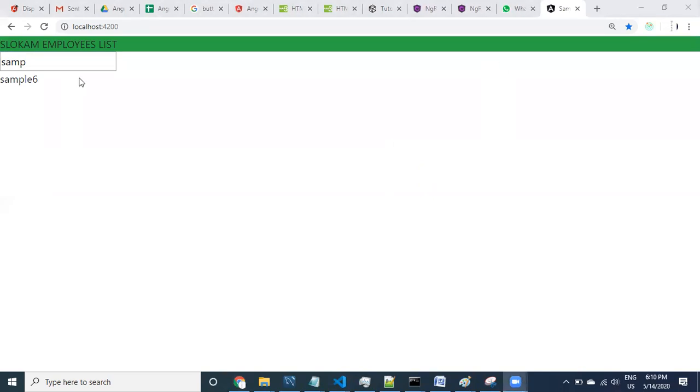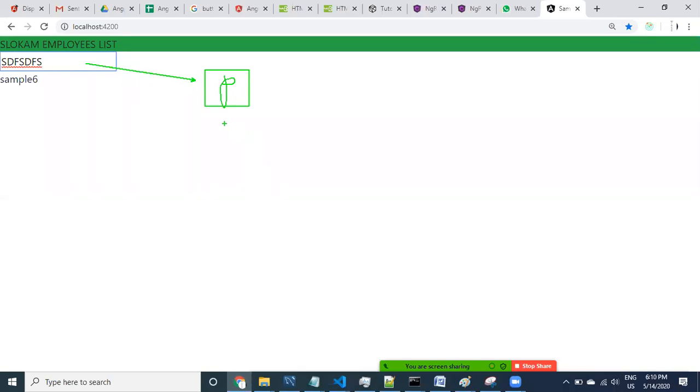Okay, yeah, fine. So the next step is, our goal is whenever we make some changes, I would like to apply these changes to the component property. For this we have two-way binding. There is a concept called two-way binding, but instead of using two-way binding, I would like to apply two-way binding with our own coding using the concept of the event property. Let us look at it, guys. My goal is, I want to send this data.